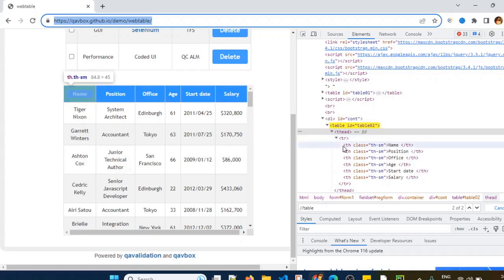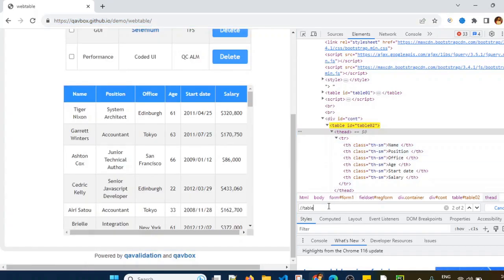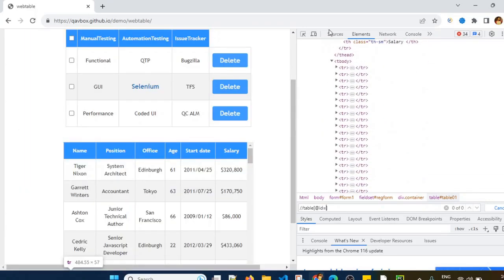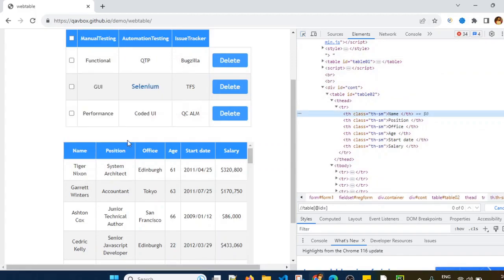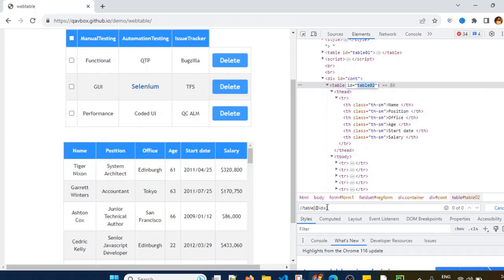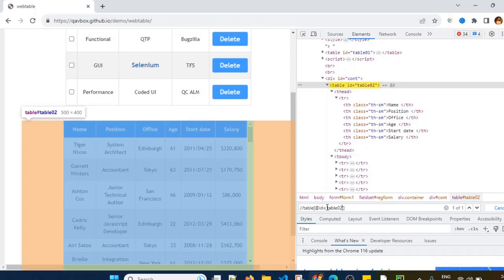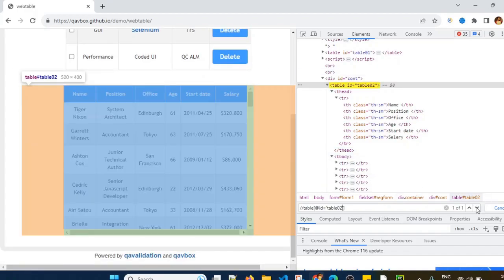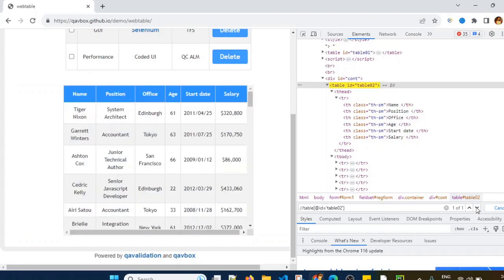Obviously the TR tag. So I will just write the XPath first. First I want to find the XPath for this table. So two forward slashes. Which tag includes the table? The table tag. And which attribute can we use? We can simply use the ID attribute here, table02 for this second table. If you see, table ID equals table02. So @id equals that, and it will find the table which we want to focus on. If you see, this XPath is finding that entire table.